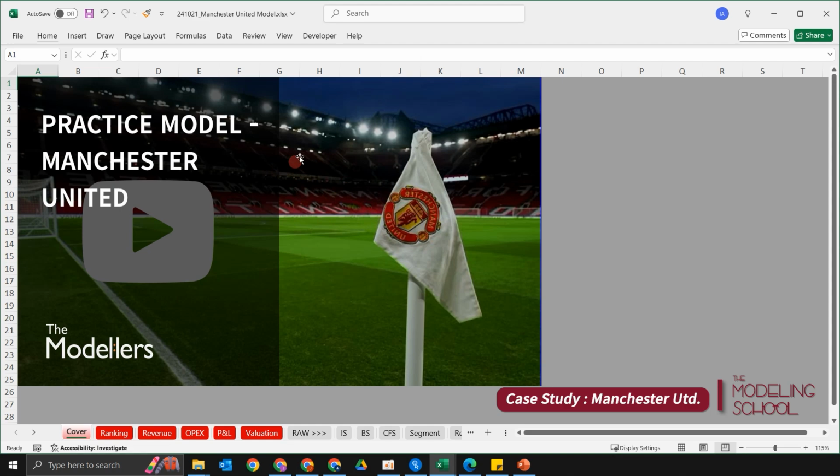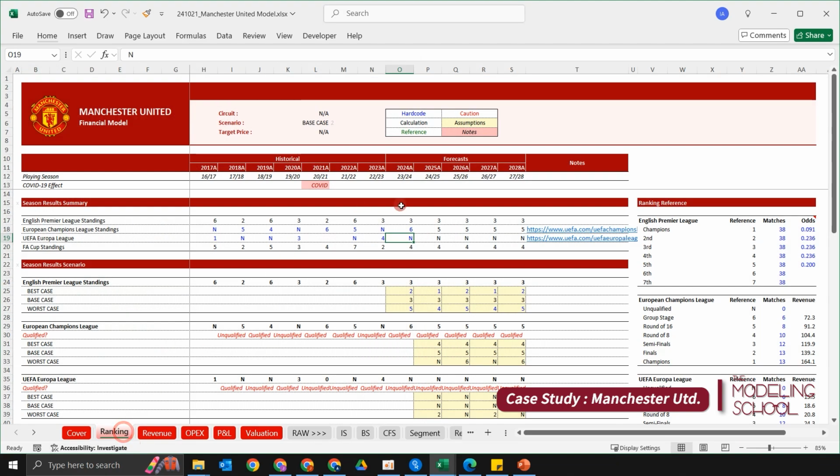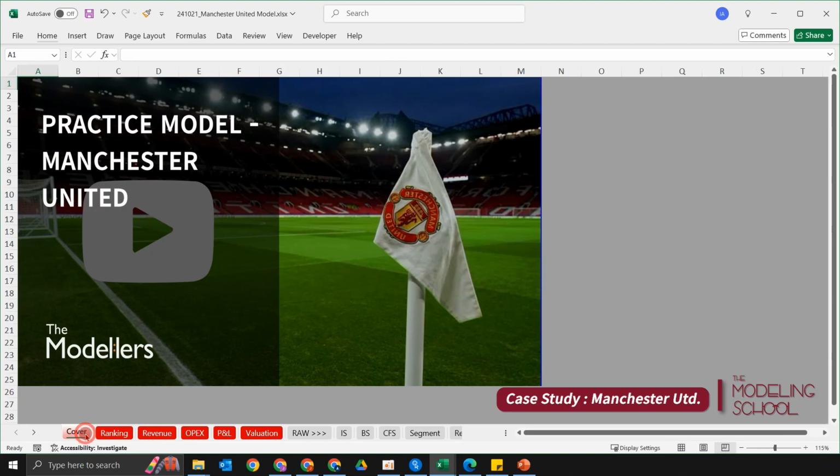Welcome to our course on our case study for Manchester United, one of the most famous football clubs in the world. This is going to be an introductory course to our final model output, and it's going to be followed by an update of the recent rankings. And afterwards, in this year, we plan to film the whole process of building this interesting company's operating model, which